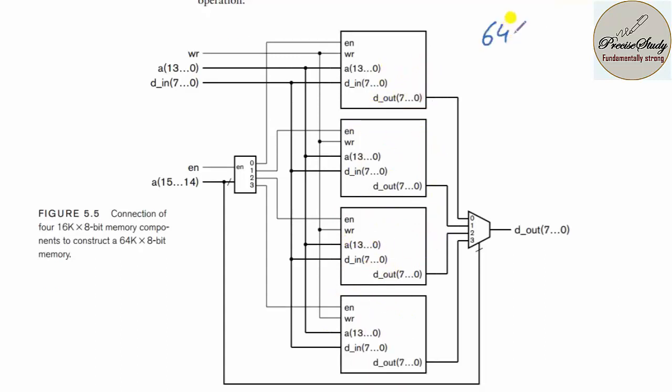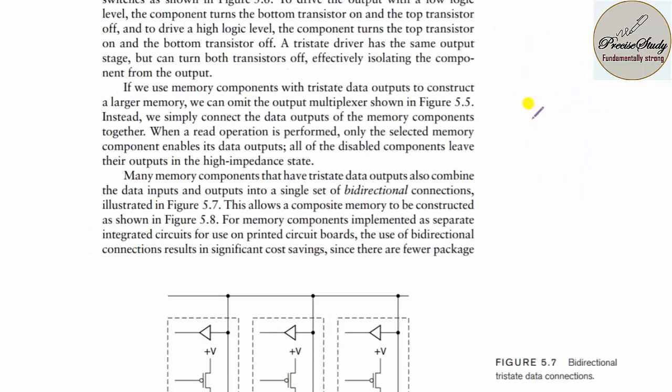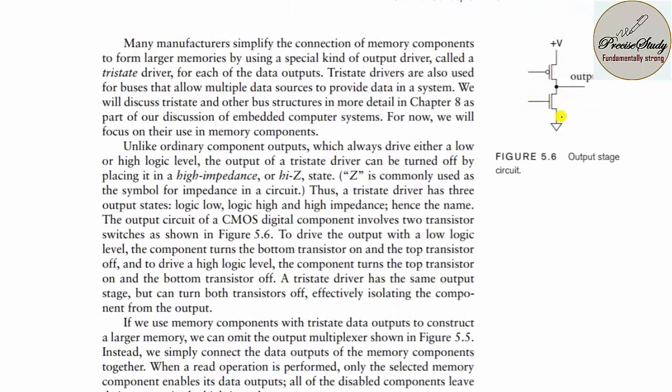Able to follow? Say suppose I want to design 64K × 16 and I have 16K × 8. So I need 4 blocks which I am going to connect in parallel. I have only 8 bits, I have to make it 16. So again I am going to do byte extension. Here I have increased the address, and here I am increasing the data width also. So this kind of designs are very important. You are very much familiar with this from microcontrollers, you have solved all these things.